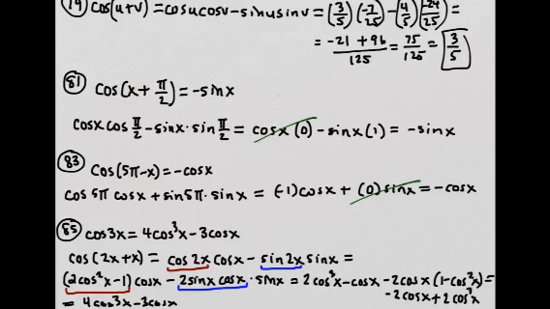85, I'm working on the left side. I broke up the 3x into 2x plus x, and so use the cosine A plus B, is right here. Okay, now notice that the right side has no double angles, it's just single x on both terms, right? So I'm going to have to break this up and break this up. So here, this one, I used 2 cosine squared x minus 1, and for this one, it's 2 sine x